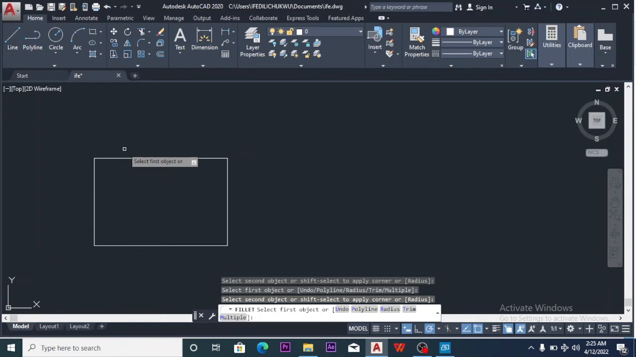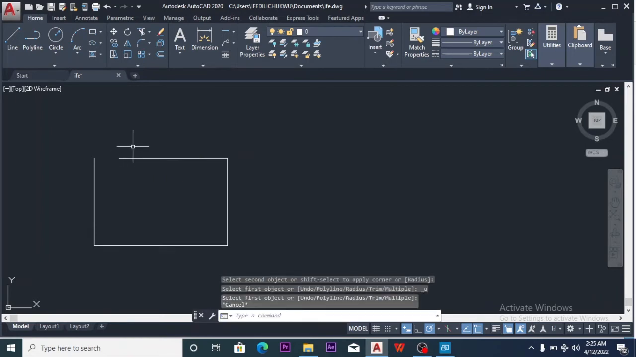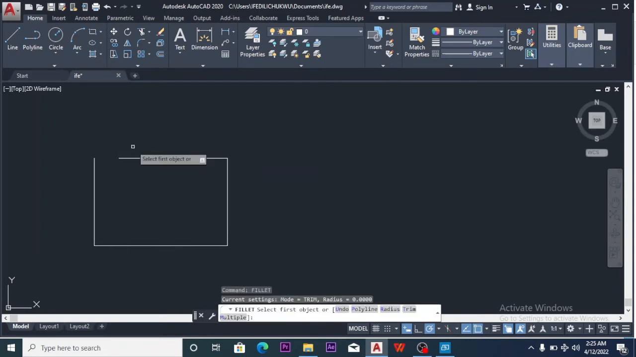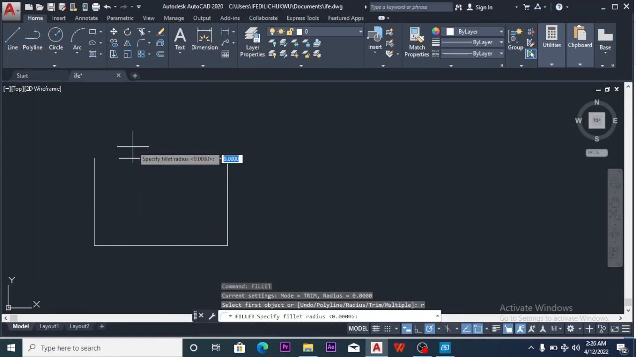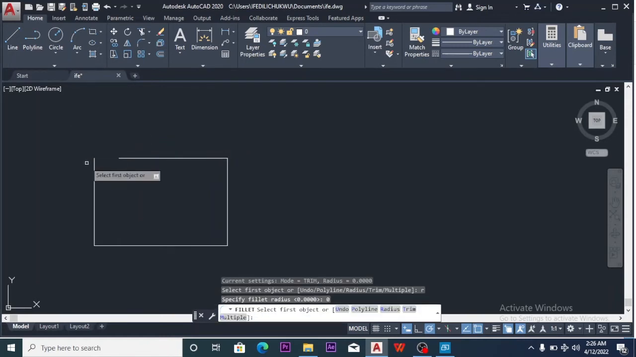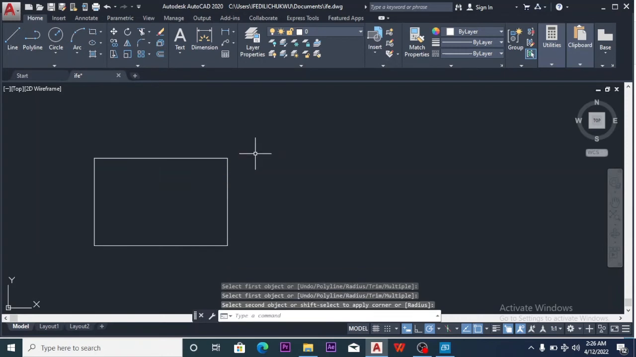Let's do that again. FIL, enter, the radius, you enter a 0 radius, and select this, and select this, and this automatically closes up. So that is one aspect of this. Okay,